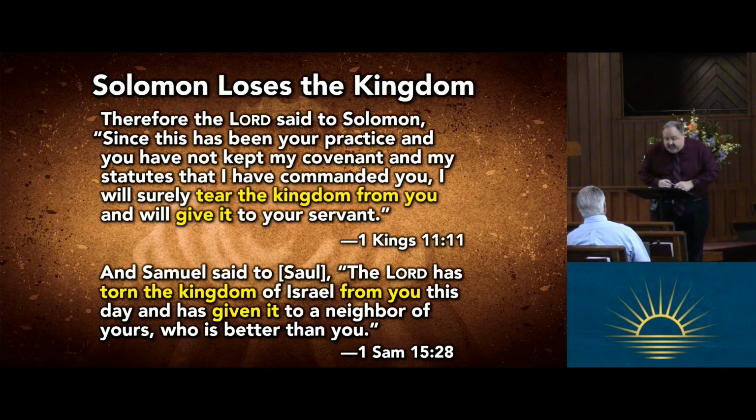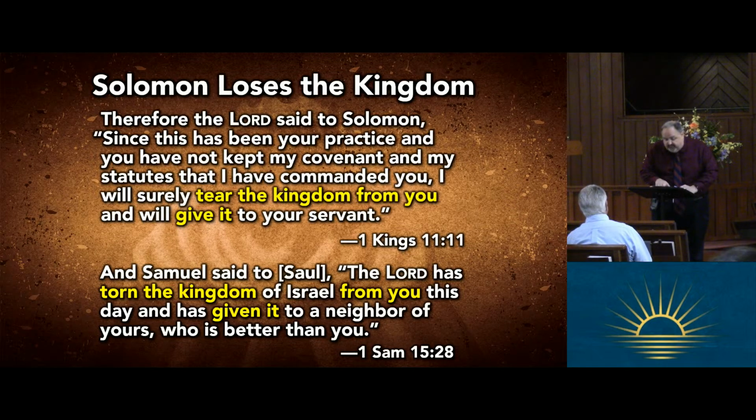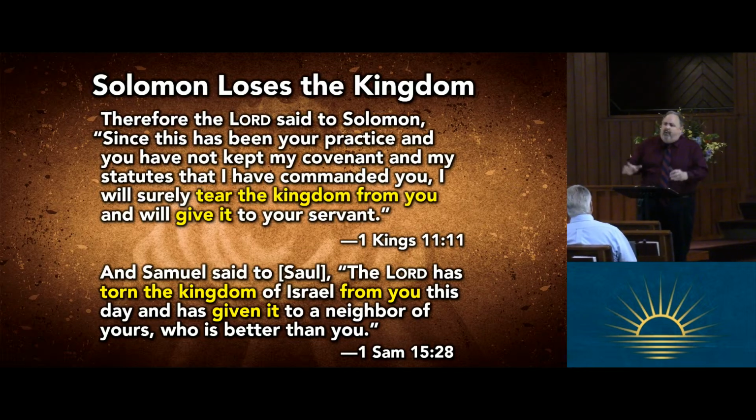What is it that God condemns Solomon for? Verse 11, "You have not kept my covenant." Now wait a minute. Solomon's the man who built the temple. And yet God is angry with him, displeased with him. What does this show us? We can be very zealous for the Lord and do a lot of great things for him. But does that guarantee he's going to be pleased with us?